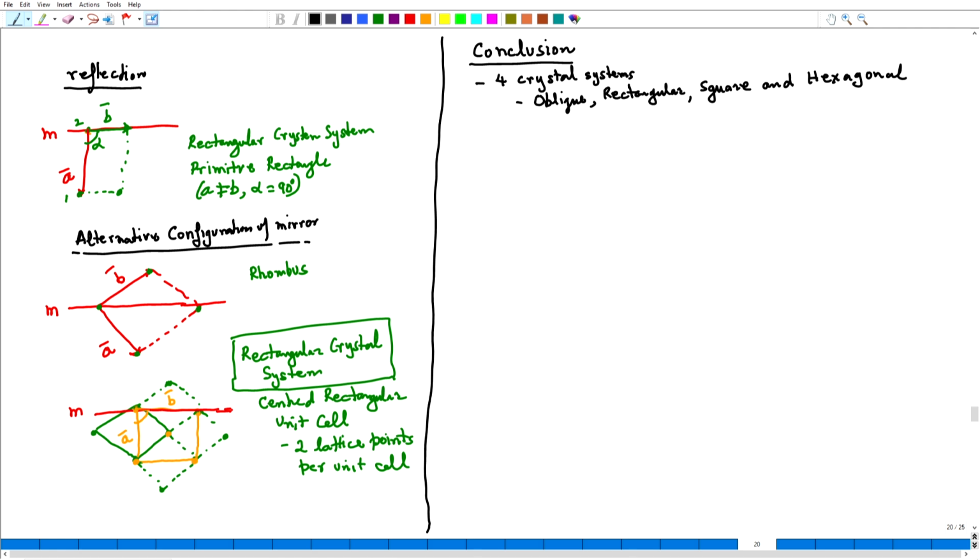And from these four, we get essentially 5 two-dimensional lattices, and the conventional unit cells are